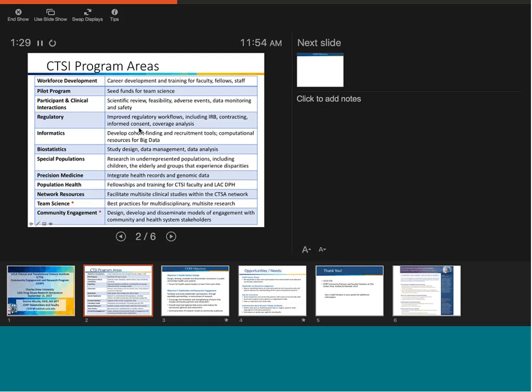It's a very, very large program across the country, with collaboration among the various institutions. Here we're collaborating with UCLA, in many instances with CTSA, with Irvine, and USC, but there are a number of institutions coming to the table on this. And these are some of the areas: workforce development,